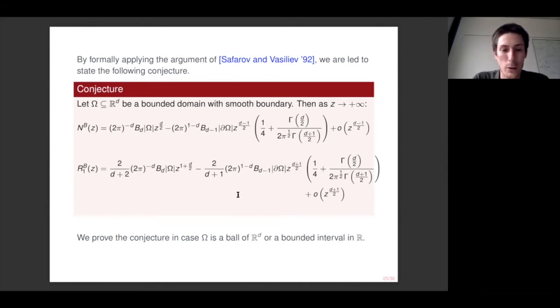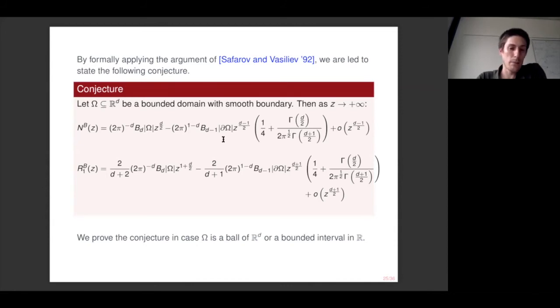So we will compute the second term in the case that omega is a ball, and in this case we will show the conjecture for the counting function. For bounded intervals in R, we will show this second form of the conjecture for the first Riesz mean. This is because usually low-dimensional problems do not have a sufficiently regular counting function to have a second term. This can be seen, for example, for the Dirichlet-Laplacian on a bounded interval, which of course has only a first term, not a second term.